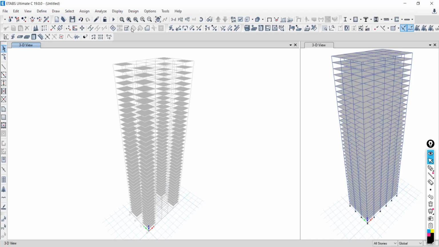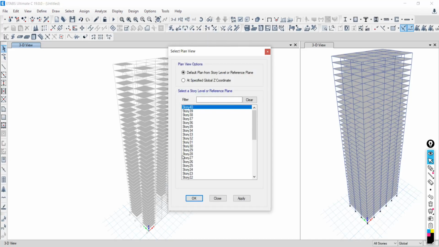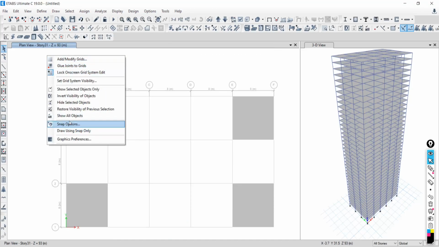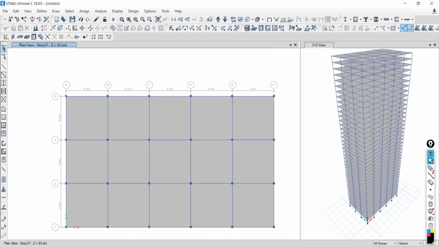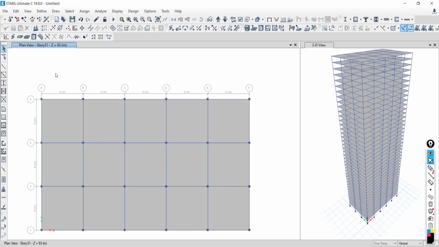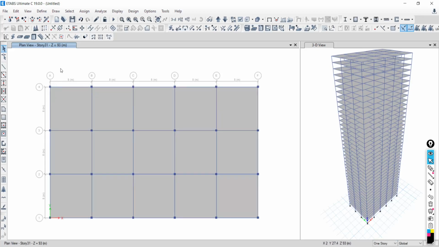So whatever you are going to do by making the selection at one story, say all, if you are working with the one story option, whatever you do at any floor will be executed only for that floor. That's it. Whatever you do at a particular floor will be executed only for that floor.